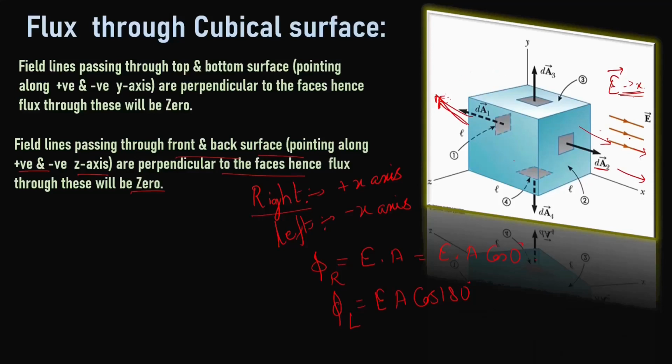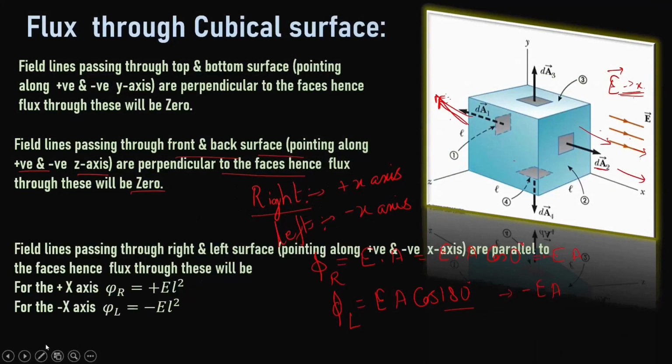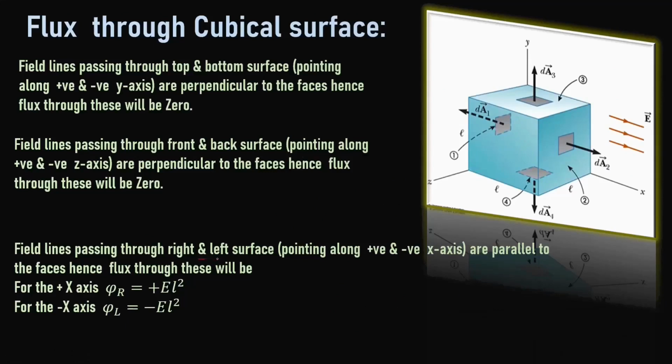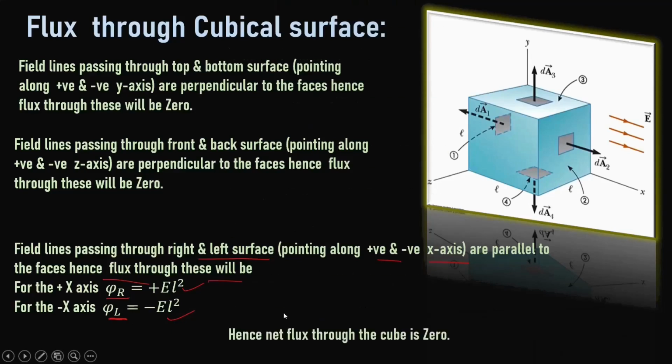So the angle between the electric field and area vector for the left surface gives cos 180 degrees, which gives us minus E A, and for the right face we get plus E A. If we add them, the net flux comes out to be 0. The field lines passing through the right and left surfaces, pointing along the positive and negative x-axis, are parallel to these faces, and the flux associated with the right face will be plus E L squared, and the flux associated with the left face will be minus E L squared. On adding them, the net flux through the cube becomes 0. So whenever